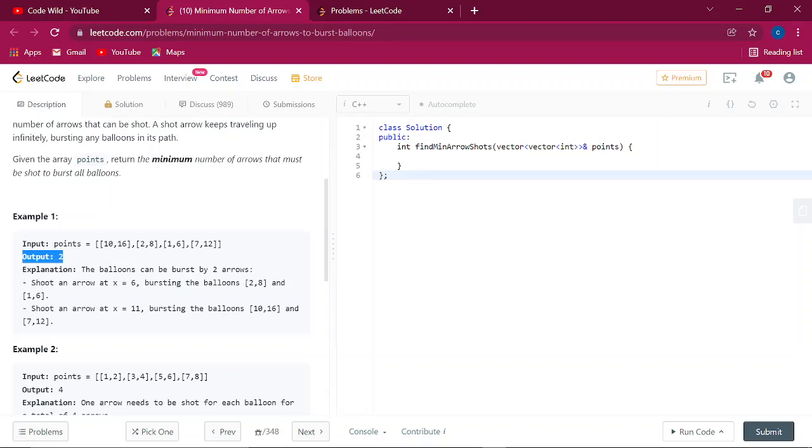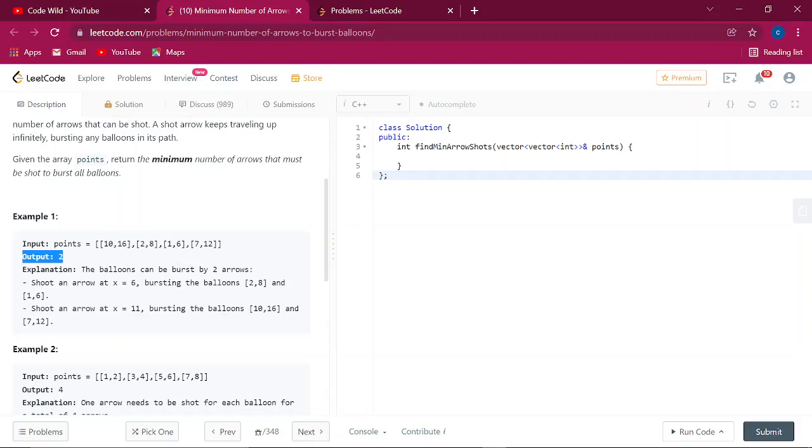Because they're taking 2 arrows, shooting at 6. Why are they shooting at 6? If you shoot at 6, it bursts 1 to 6 and 2 to 8, because 2 to 5 comes under 1 to 6.